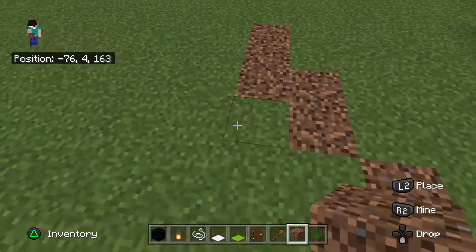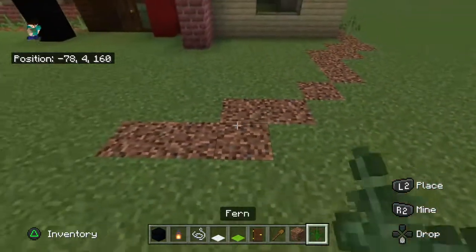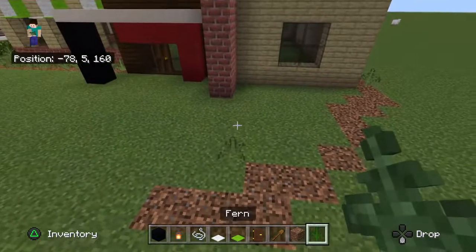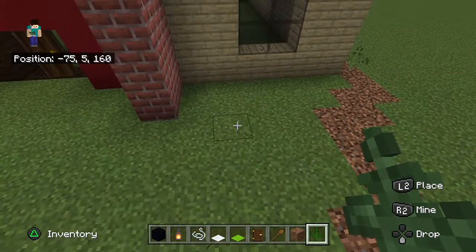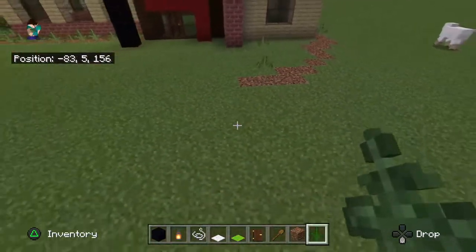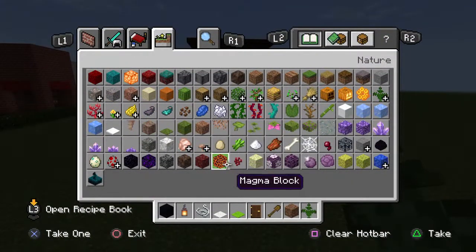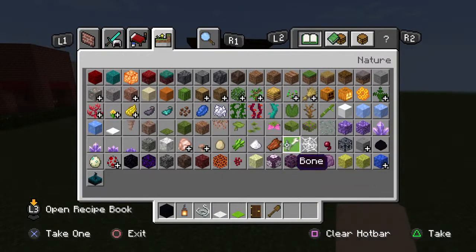It can have ferns and it can have bone meal and it can have all of these things. So we also need a little bit of podzol and stuff. I'll actually keep the coarse dirt. So this little area here, I just want it to look kind of like a...